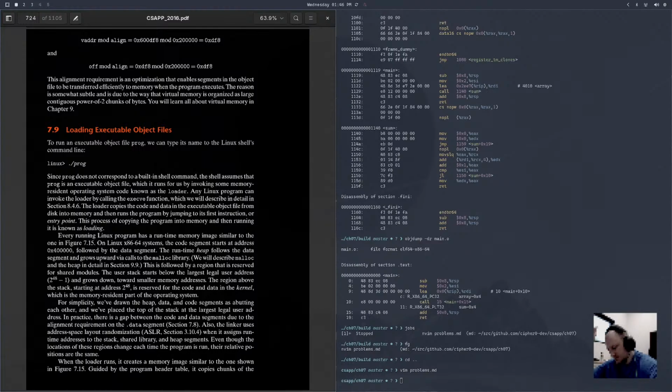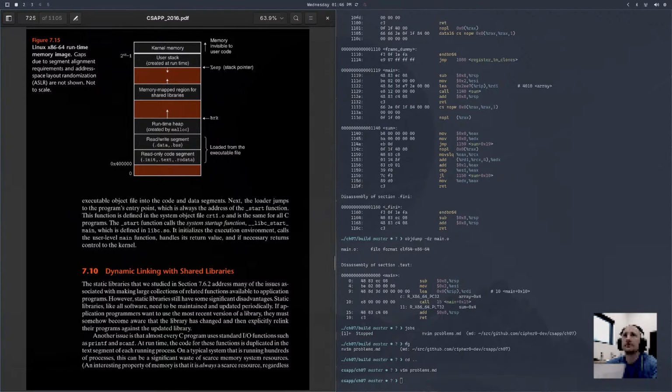When the loader runs, it creates a memory image similar to the one shown in figure 7.15. Guided by the program header table, it copies chunks of the executable object file into code and data segments. Next, the loader jumps to, actually,